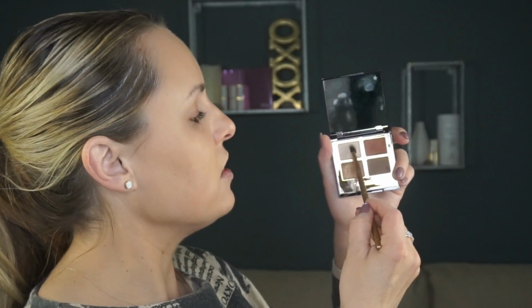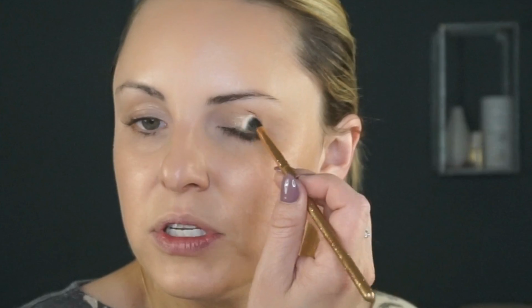Okay, so how you would normally use this, for Charlotte's, is what she suggests is you take this color and you're supposed to go all over your eye, okay? Now, I am not going to bring this color up to the eyebrow bone because if you've been watching me long enough, oops, wrong one. Okay, sorry, taking that off. I'm using different brushes too. So if you watch me long enough, you know that I don't put shimmer up here on the brow bone very often. So now I'm going into this color from Milani, and I am going to spread this